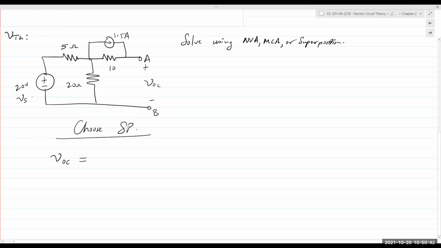I'm going to call this voltage source VS and current source IS. Okay, so my VOC has to be split in two parts. One would be VOC due to VS, the other one would be VOC due to IS. Both of them active one at a time. So if I choose VS active,